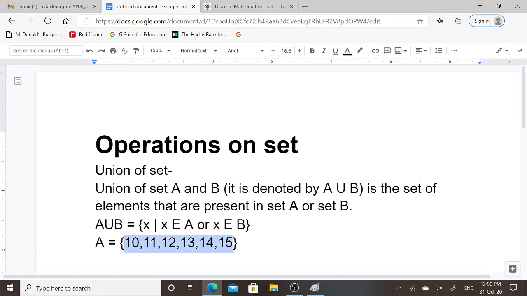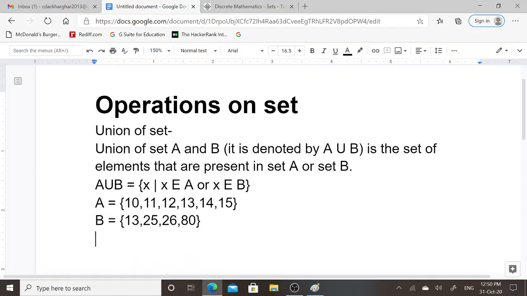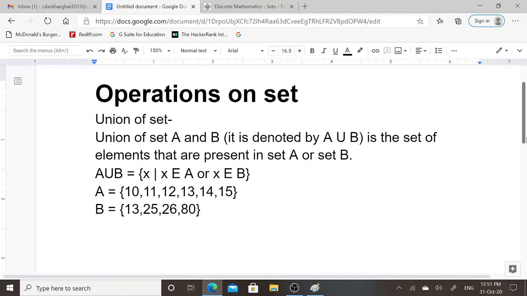These are the elements that are present in set A. Set B equal to 13, 25, 26 and 18. Now I will perform A union B operation on set A and set B.